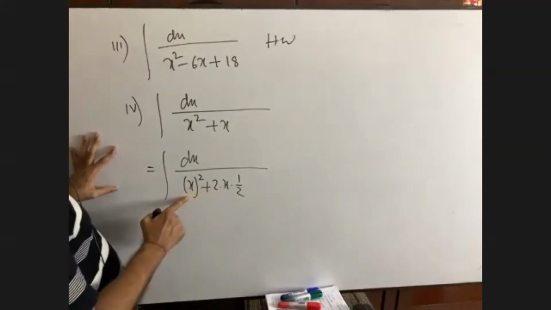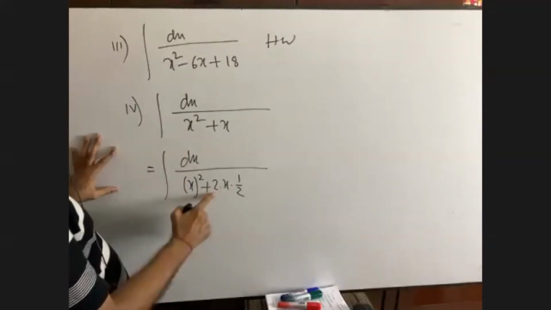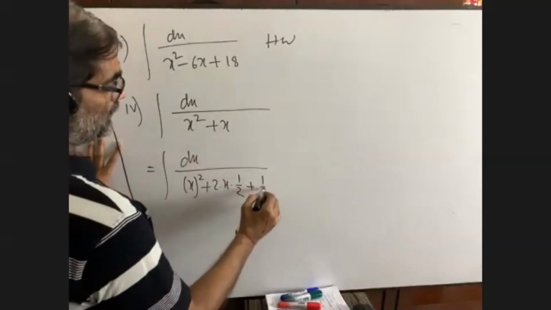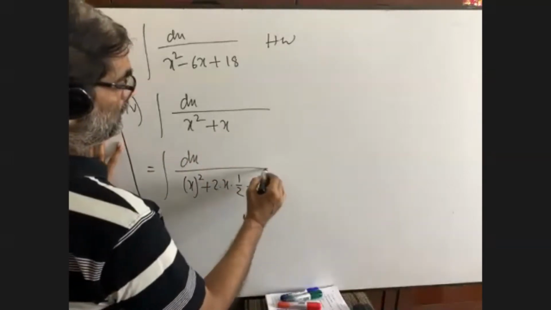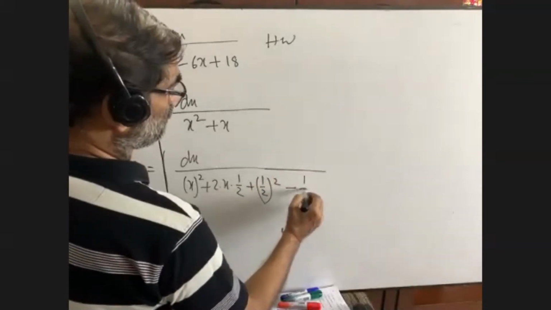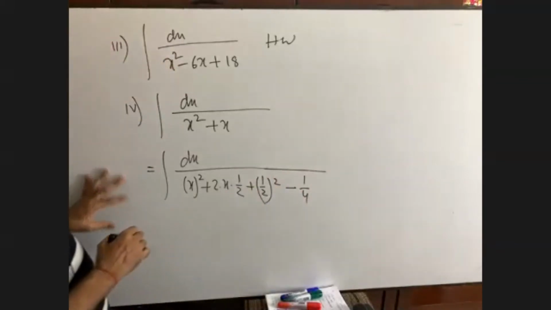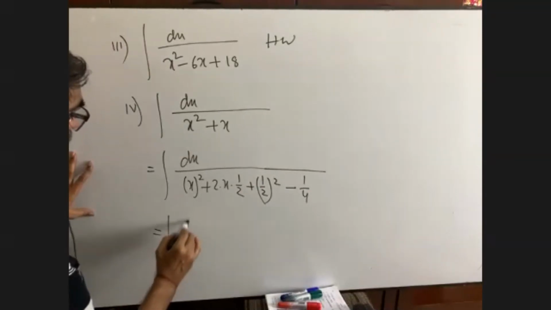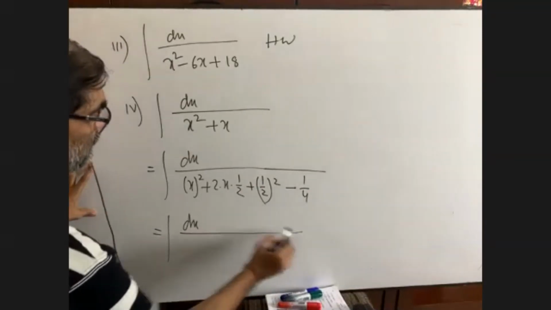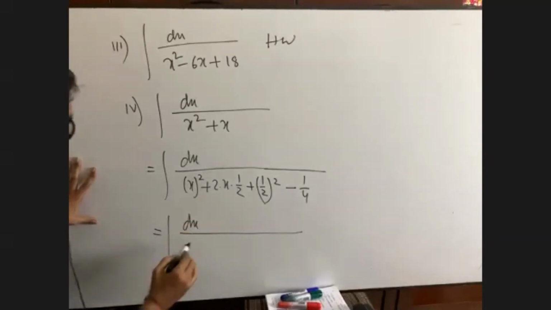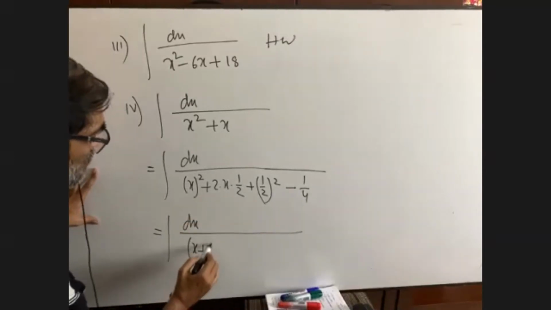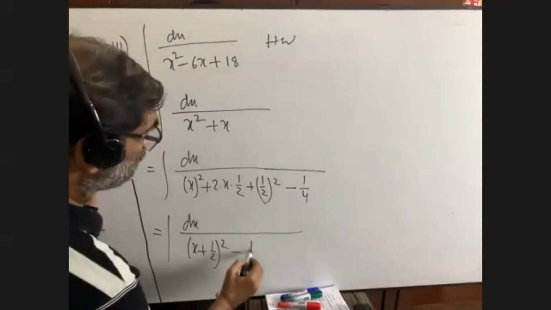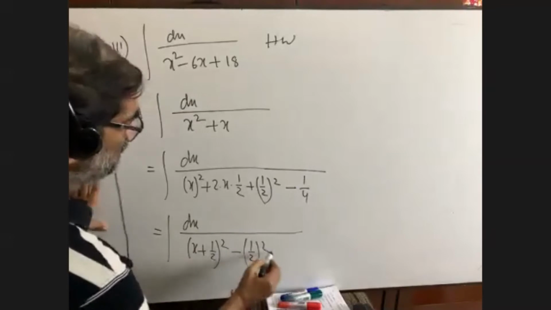You see, x square, x 2 omitted will be omitted, x plus b square, okay, minus 1 by 4. I think you can do it now. This is dx. The first three can be put into formula a plus b whole square minus half whole square. Okay,